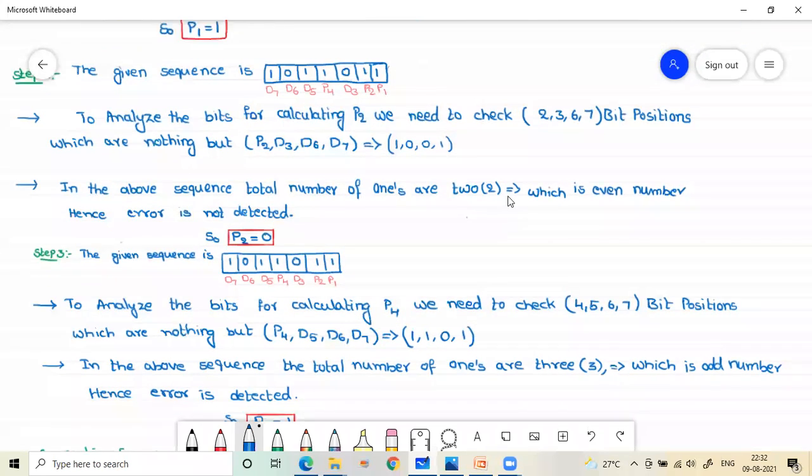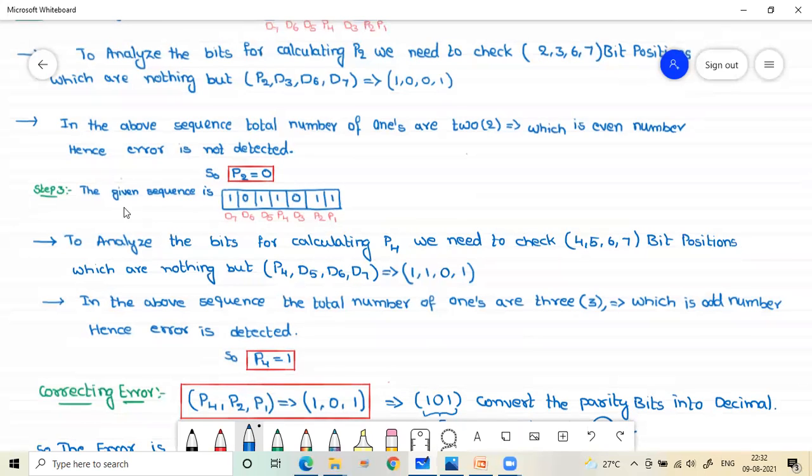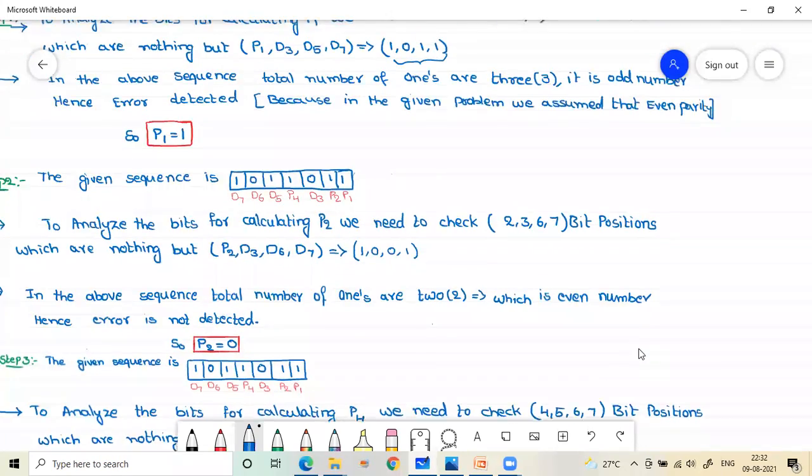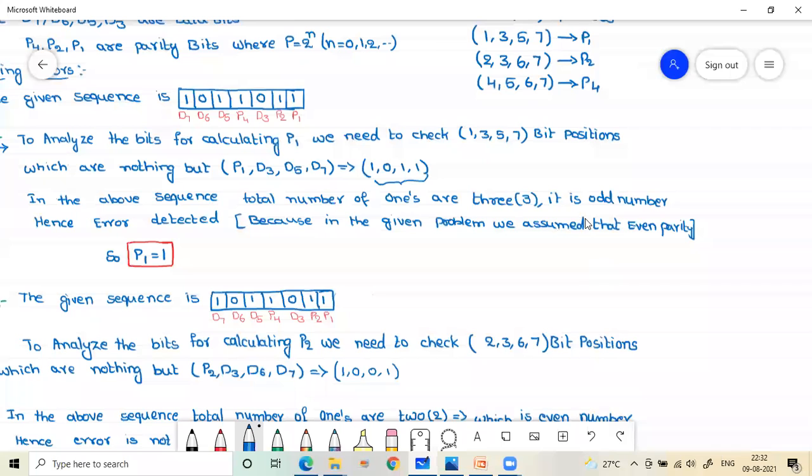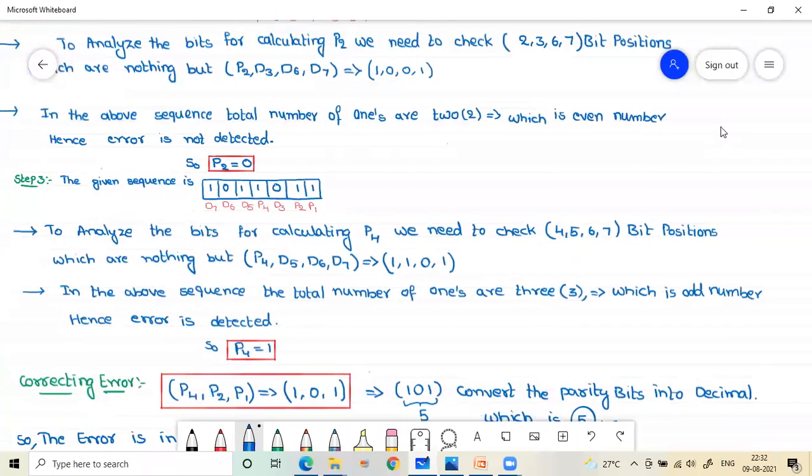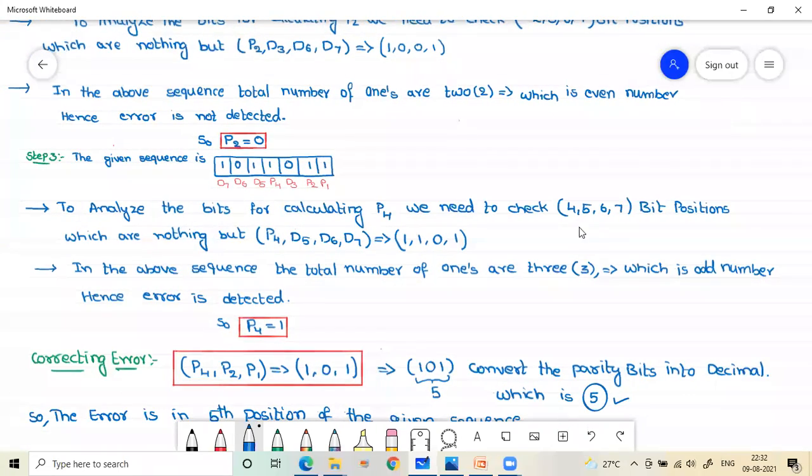Next, the same concept we are applying for step 3 also. The given sequence is this one, the given problem. To calculate P4, we need to check the 4, 5, 6, 7 bit positions, as I discussed from the beginning. We need to take the bit position values.